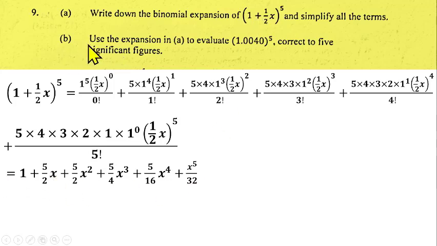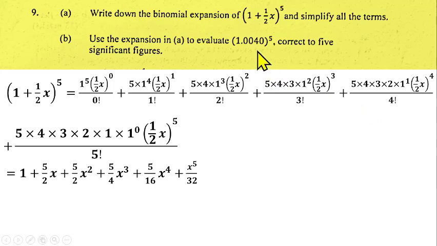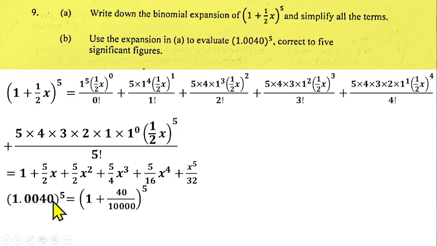Then question number 9b, you have to use this expansion in A to evaluate 1.0040 to the power 5, correct to 5 significant figures. So the first thing to do is to rewrite this to look like the left hand side that we expanded. So we have 1.0040 raised to power 5. This can be written as a 1